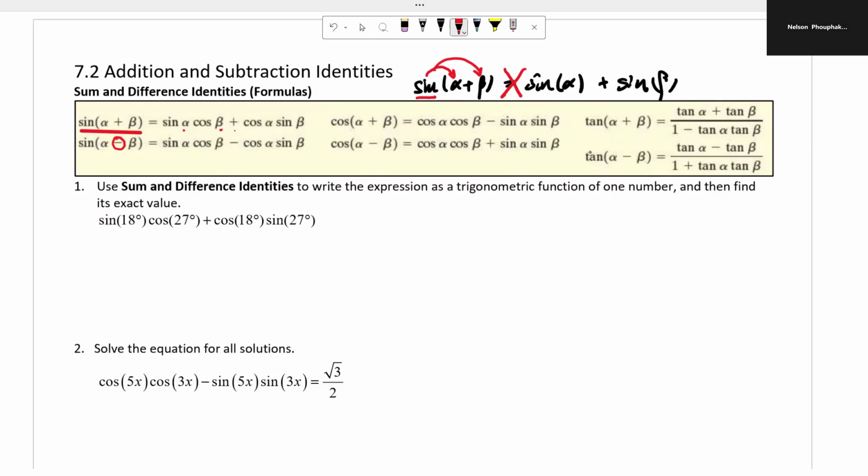So when you work with addition and subtraction, we have particular formulas to work with sine, cosine, and tangent. And now what I would like to do is show you the identity for cosine of alpha minus beta, and then you could use this one to show you the rest of the identities. Okay, so let us start now.